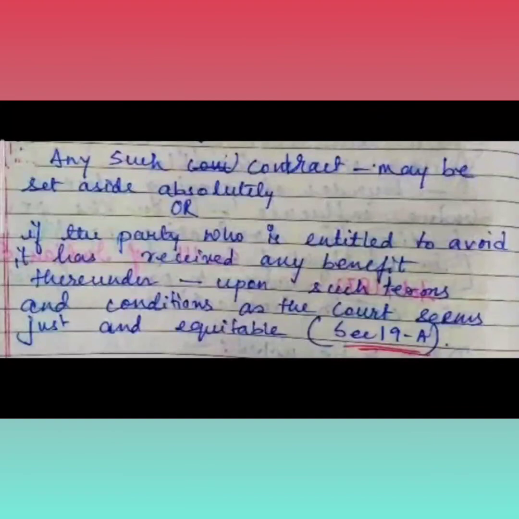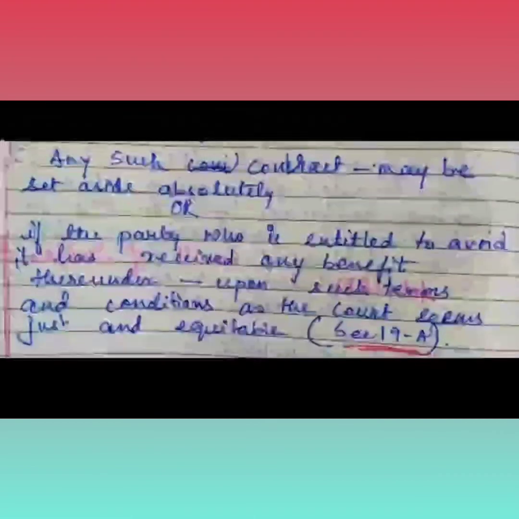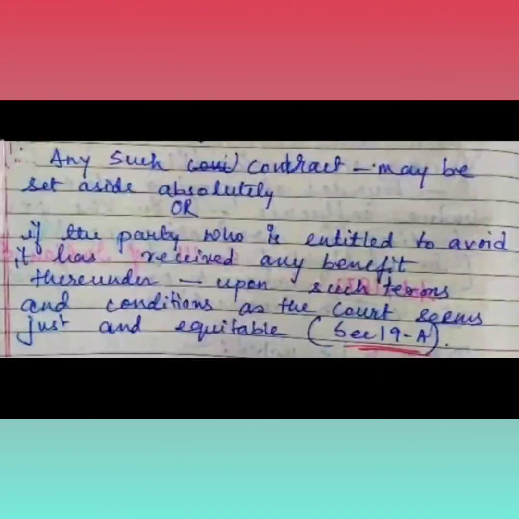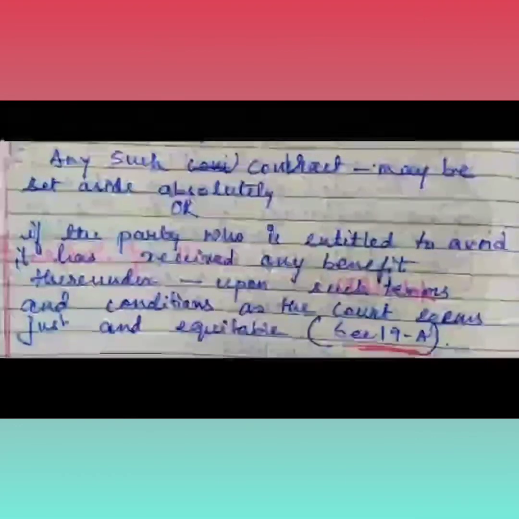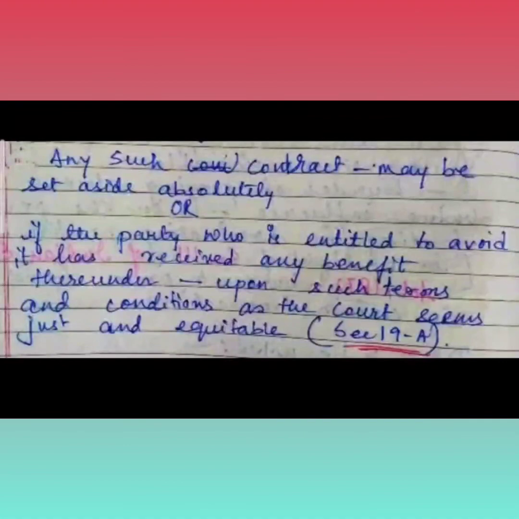Now this 10,000 rupees has been received by the client, so it says in the second condition, again, of course the client can go to the court and get the contract declared void by the intervention of the court. He has every right to avoid this contract because his consent to it was influenced by undue influence, and he has every right to avoid it. The contract is voidable. But because he has received some benefit, for example, he has received rupees 10,000